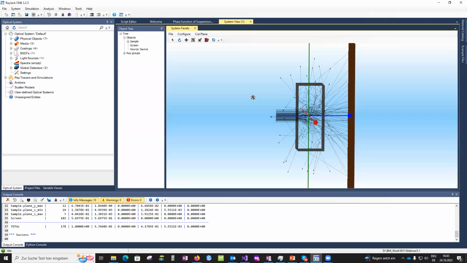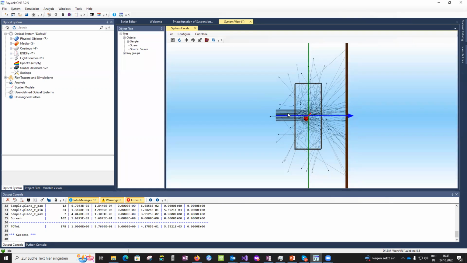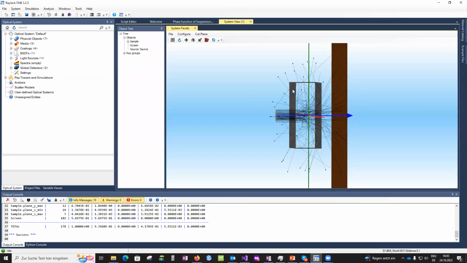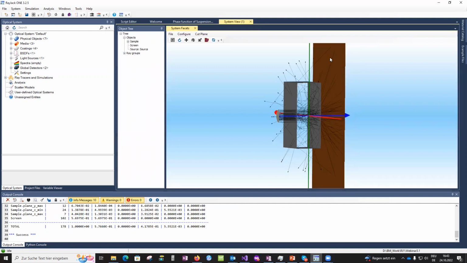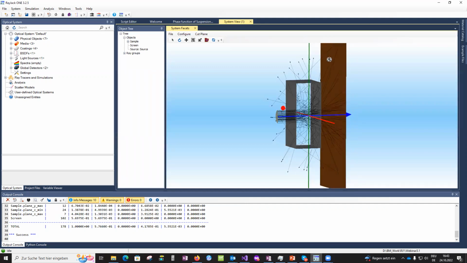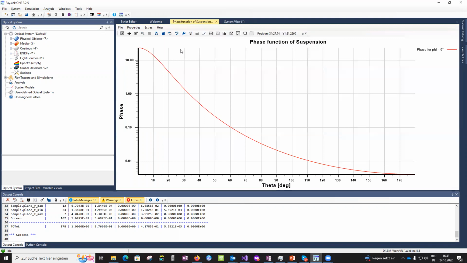So here we have a collimated light source entering a sample which is volume scattering. I use the so-called Gegenbauer model for that, and the scattered rays finally hit the screen which we would like to analyze. I think there is not too much to talk about the script itself, but here we have the